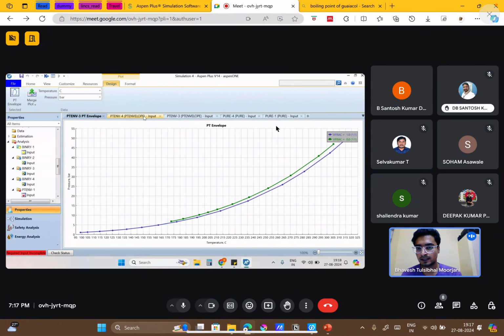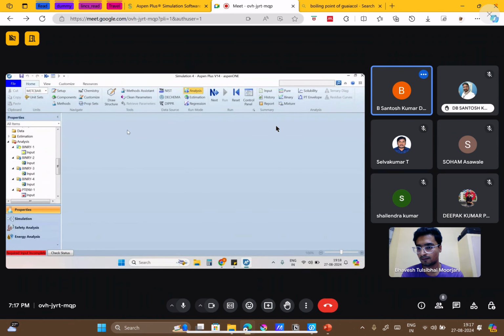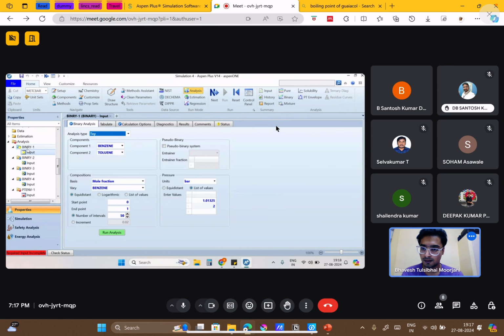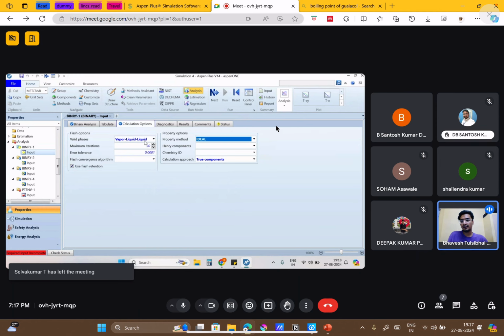Close everything. Now go to binary input, and delete this second pressure value. If you right click it, it is deleted. Go to the calculation option. Right now first select ideal and run the analysis.